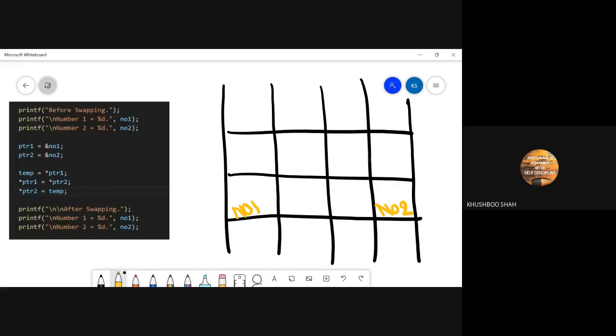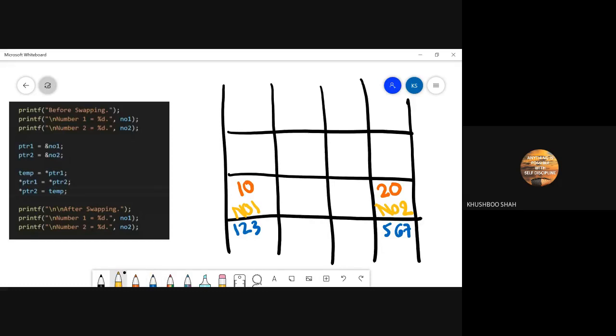The values we assigned are 10 in no1 and 20 in no2. Let's say the address of no1 is 123, and the address of no2 is 567. This is the address.